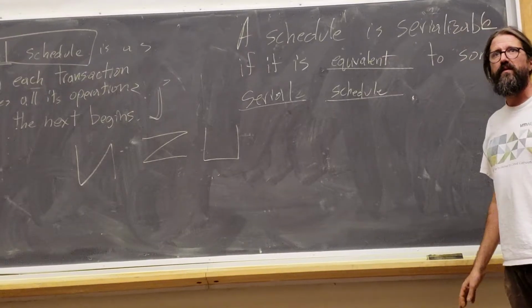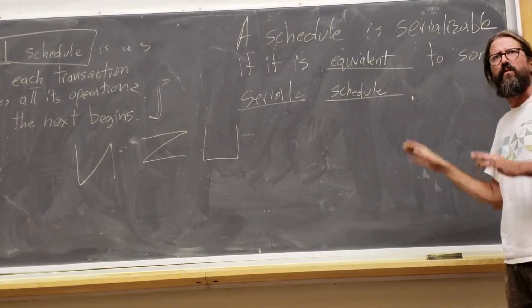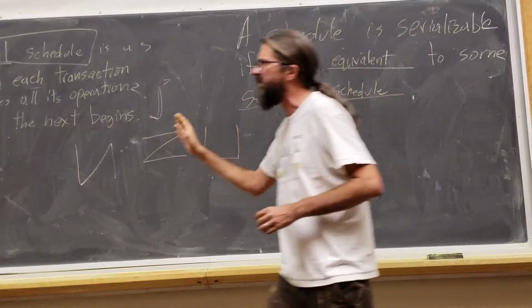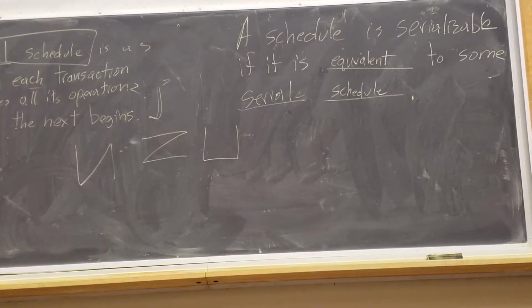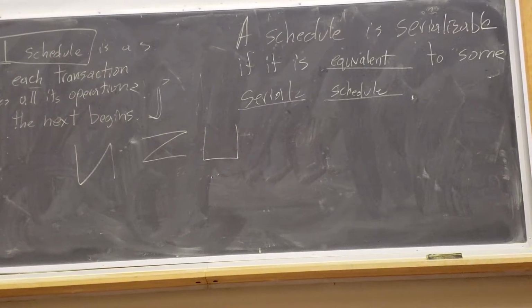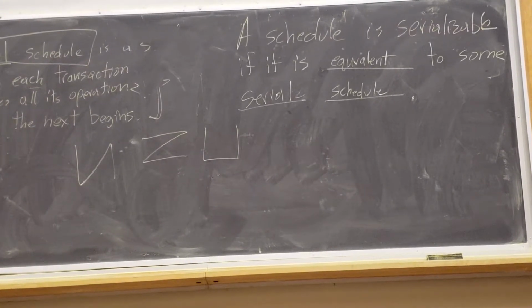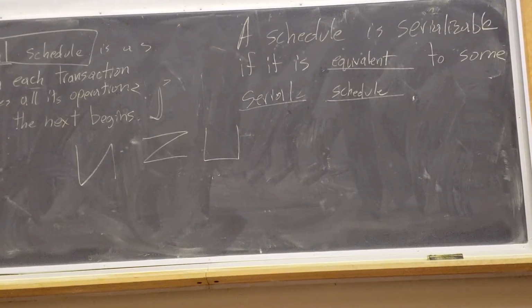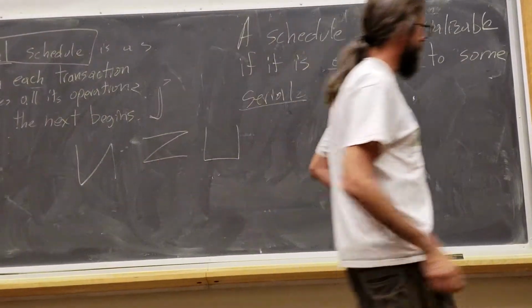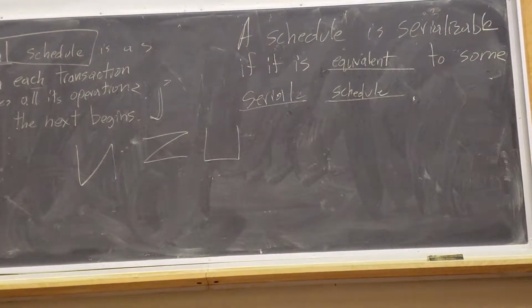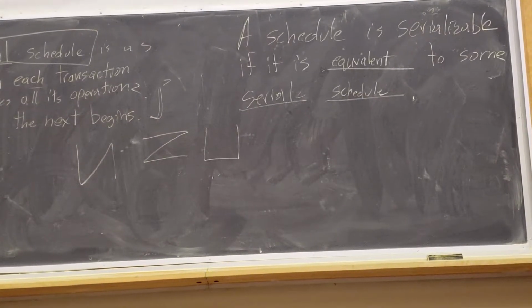Is everybody with me? It's a lot of terminology, but I think it all makes sense when you stack up the terms in this way. These are all terms we haven't seen before, but intuitions that, in some important sense, make sense. Okay, how much time is it? I went fast. I figured I'd be done. So maybe what we'll do is, usually we talk about properties in one class and mechanisms in the next. Since we have some time, we'll start to talk about mechanisms to ensure that all schedules are serializable.